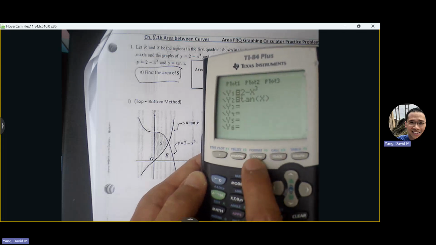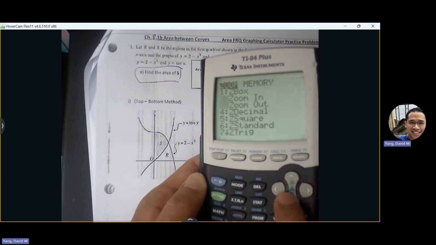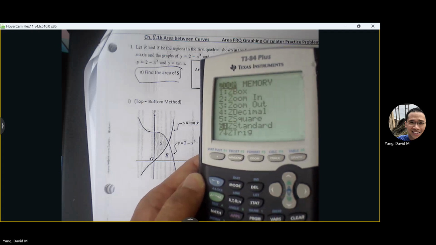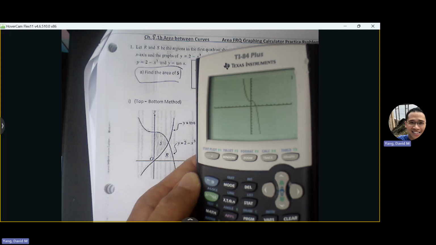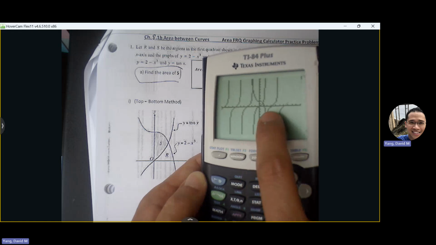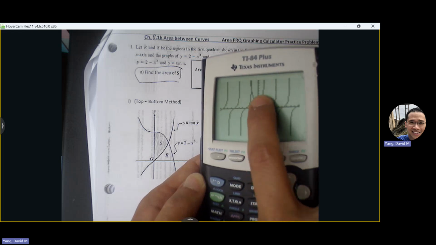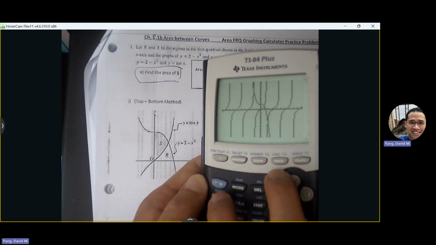I like to always start with zoom 6, even though it's going to be way too small. I like that standard window. It gives me -10 to 10 along both the x and y axes. But really, all we care about is the little sliver right there. Okay, and you can adjust your windows. But another way to do this is if you do